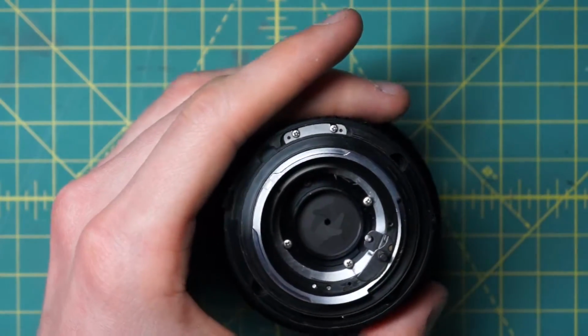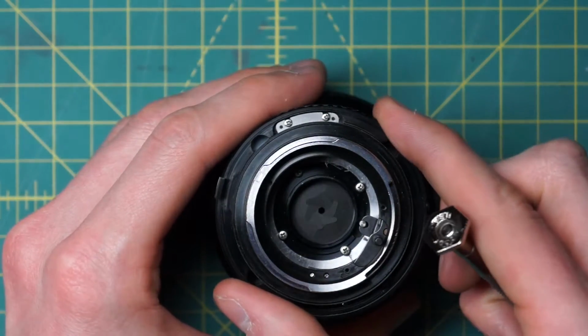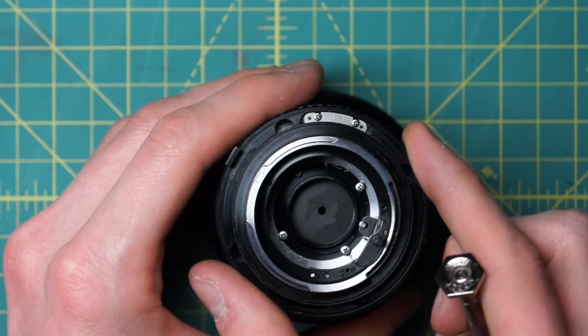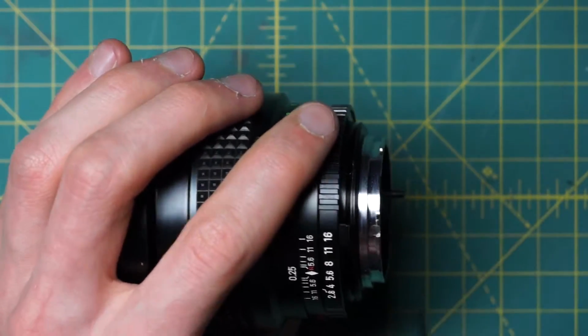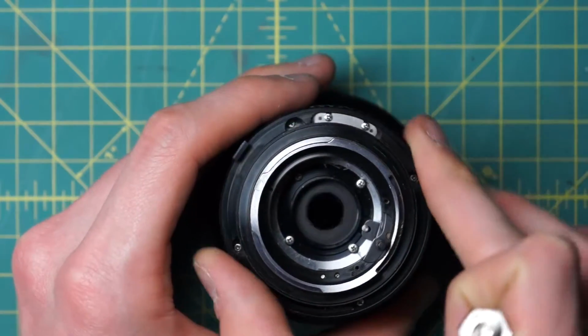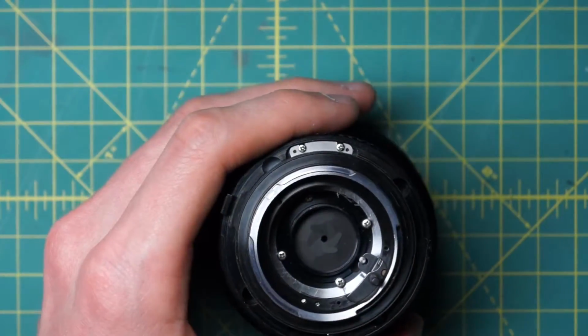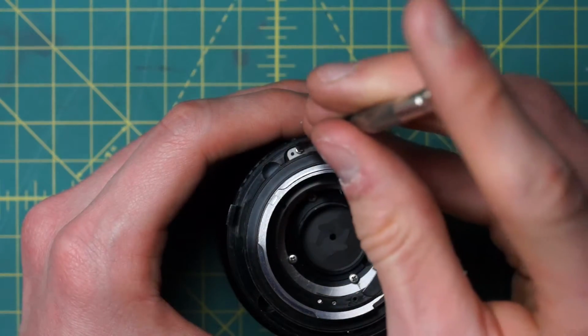On this particular lens, the aperture control curve is rather finicky, so it really takes some fine adjustment to align it and get it working properly. As I turn the lens here, you'll notice that it takes until about f5.6 until it actually starts making any adjustments. That's something we're going to want to fix, and the way to do that is by adjusting the aperture control curve. So I'll just loosen up these two screws over here slightly,